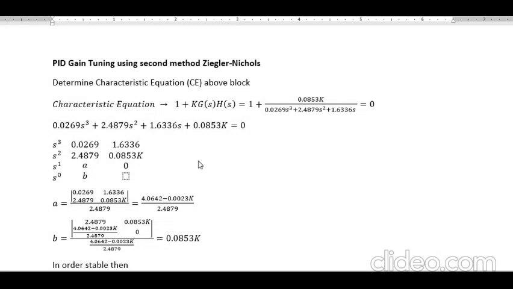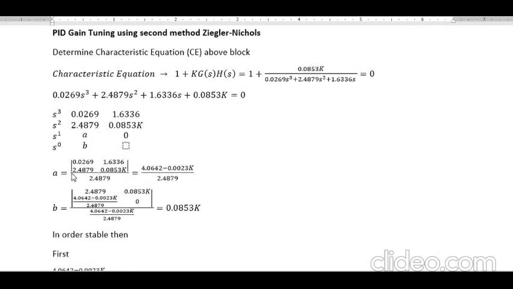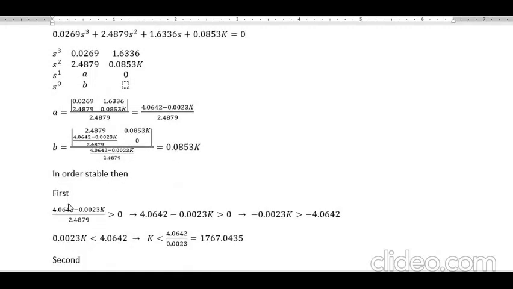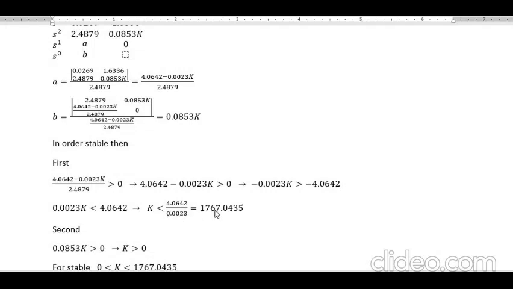We need the critical value of K. As you have studied how to use Routh-Hurwitz, that is the mechanism to determine A, and there is the value for K, and for B. In order to be stable, first A must be more than 0, and then we get that K is less than 1767.0435.